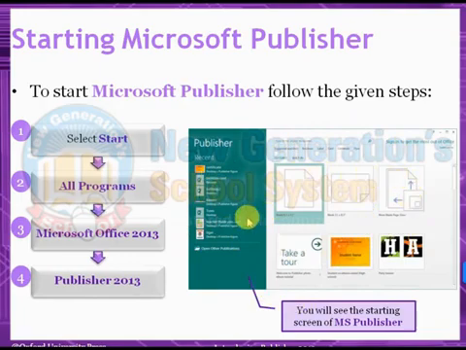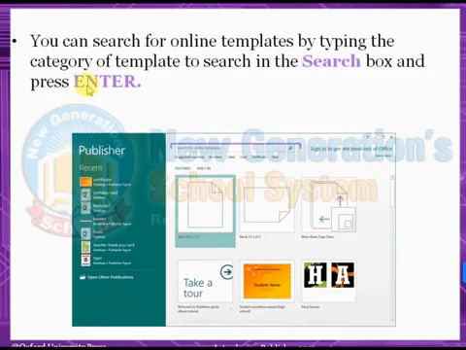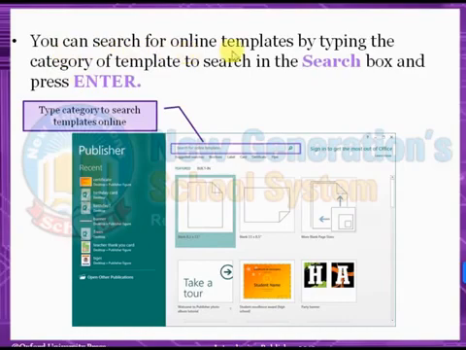Okay, students, moving forward, now you can search for online templates by typing the category of template to search in the search box and pressing enter. So students, we have to type any category here. We can type any category of our choice over here to search the templates online. It means that this Publisher works online as well. Okay, we can search any template over here. Then